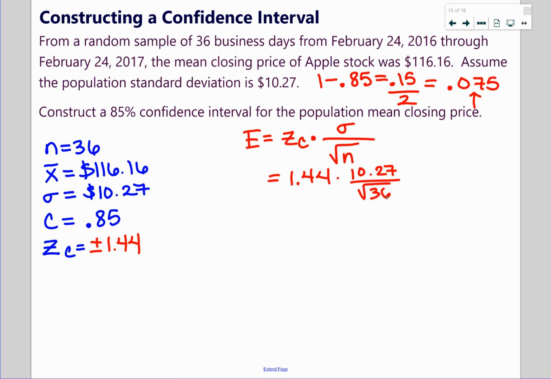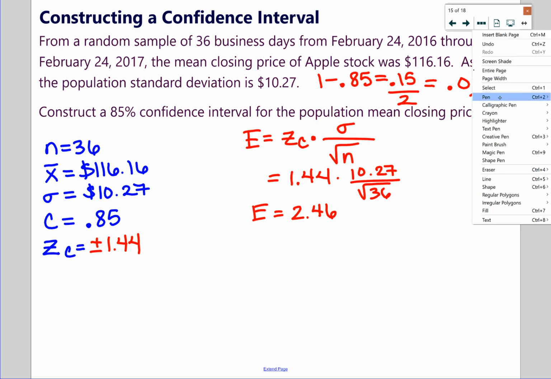And if you guys want to on your chart, you can put that critical value for Z down with the other ones that are listed there for 0.85, so you have it if it comes up on any MyMathLab problems. All right, type that in your calculator. And I get, I'm going to do 2 decimal places because everything here is stock price, 2.46 for the margin of error. Good. Okay, so now to find the confidence interval, we're going to take our X bar, which was